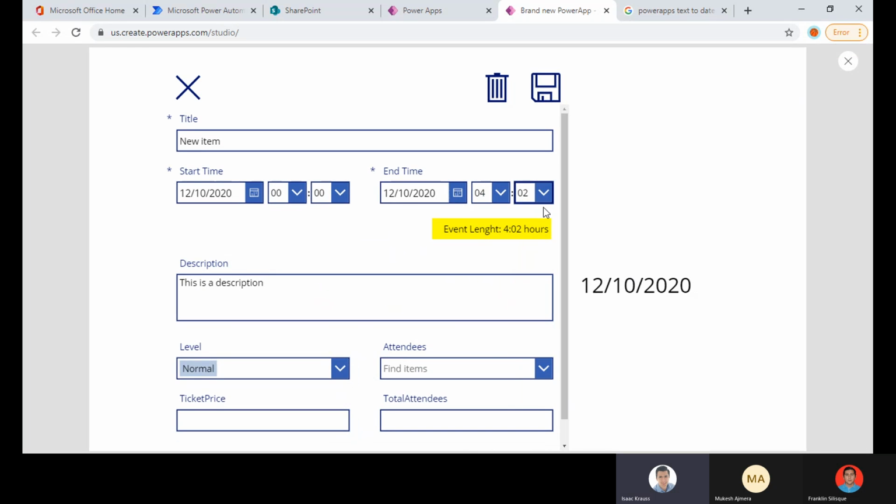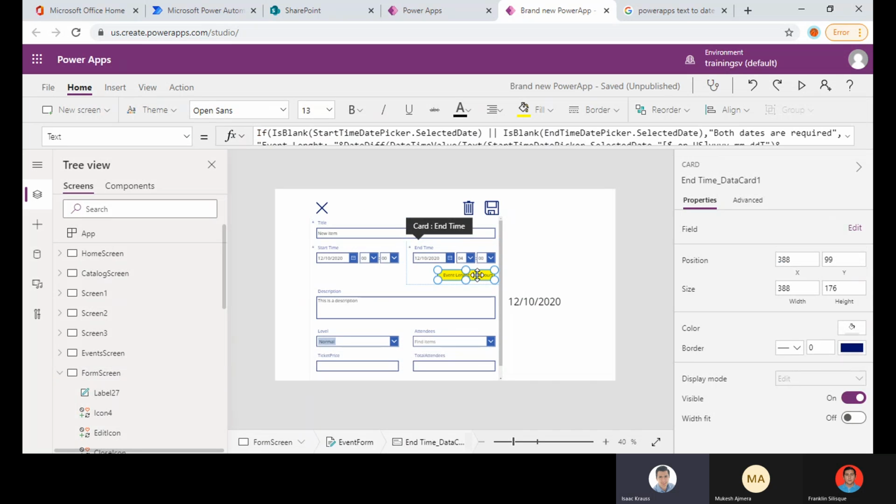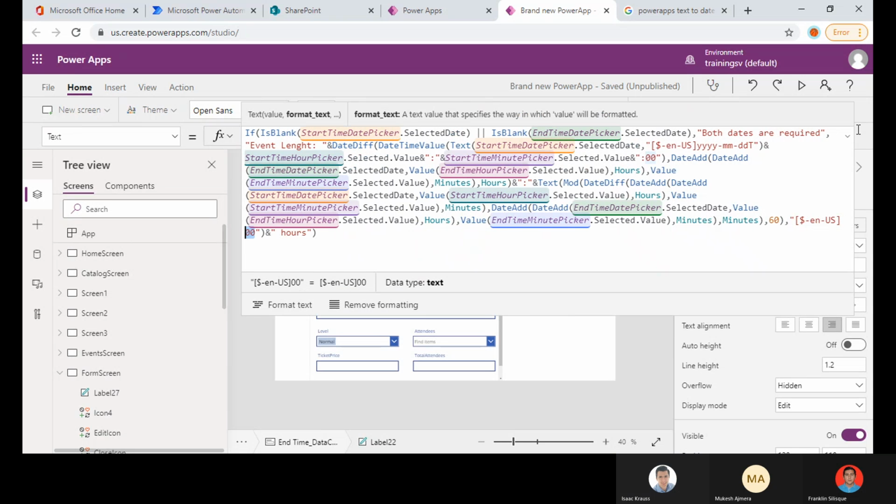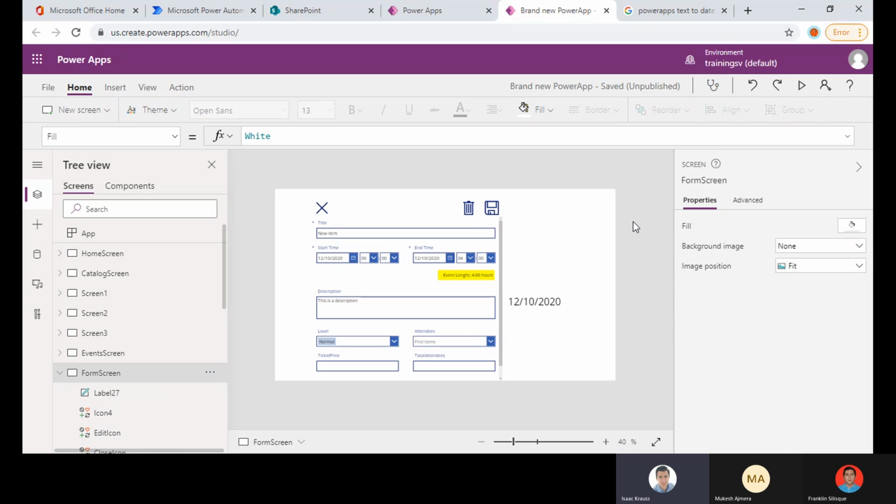That solved the problem. So the format is 00 instead of hashtag. Okay, so let's go back to the other thing, which was